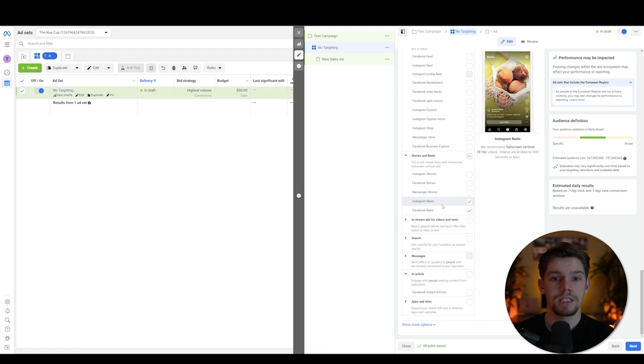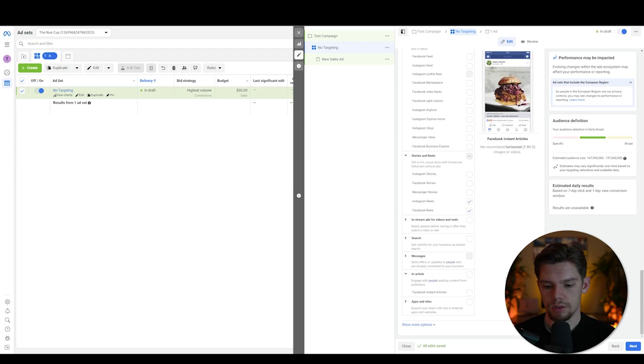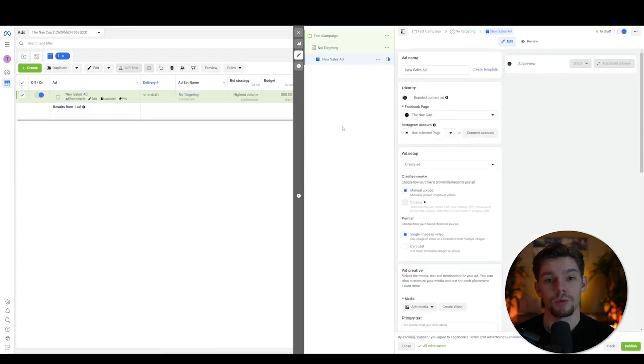So any advertisements that are on that platform, they're going to try to give better results to, because they're trying to make that platform or that sector of their platform flourish. So Instagram Reels, Facebook Reels, only placements there, everything else turned off. We want to hit next, and that is all that we're going to do for our targeting on our ad group. Next thing we need to do is grab all of our videos from our TikTok,